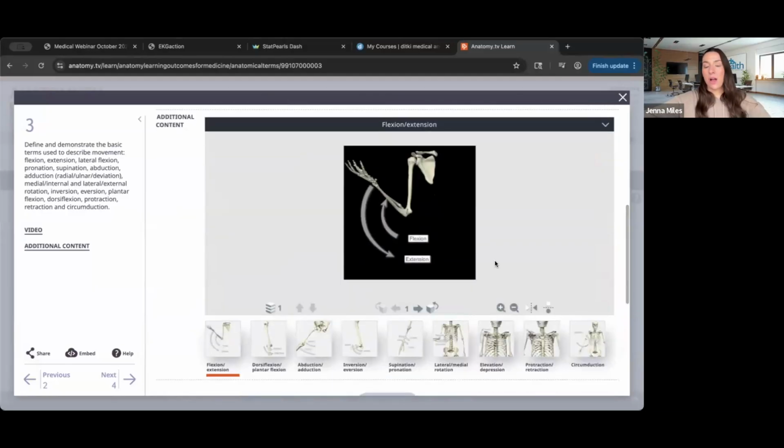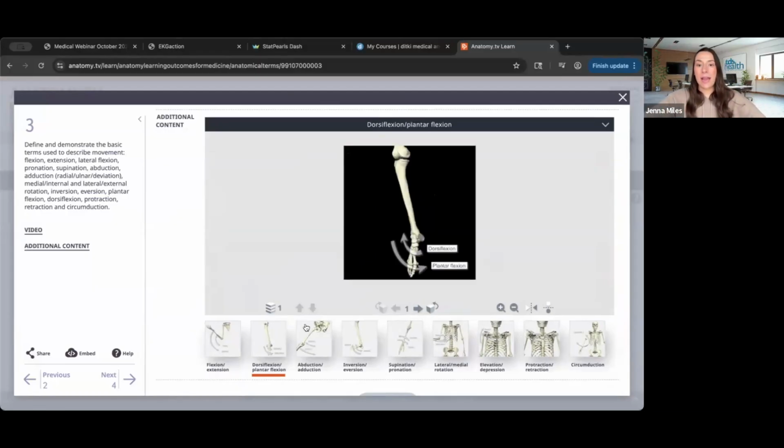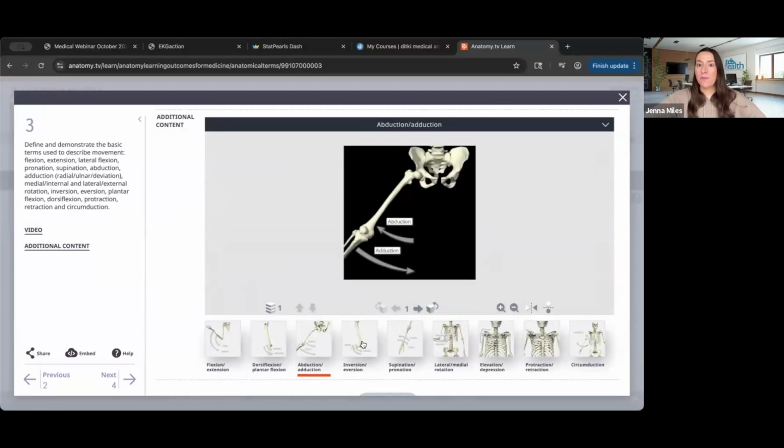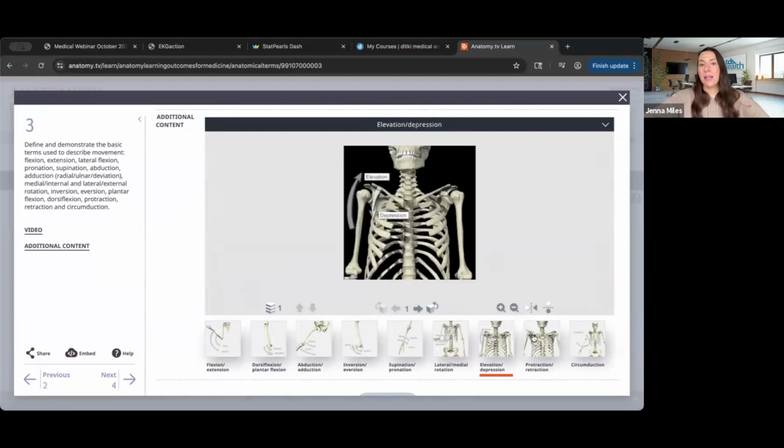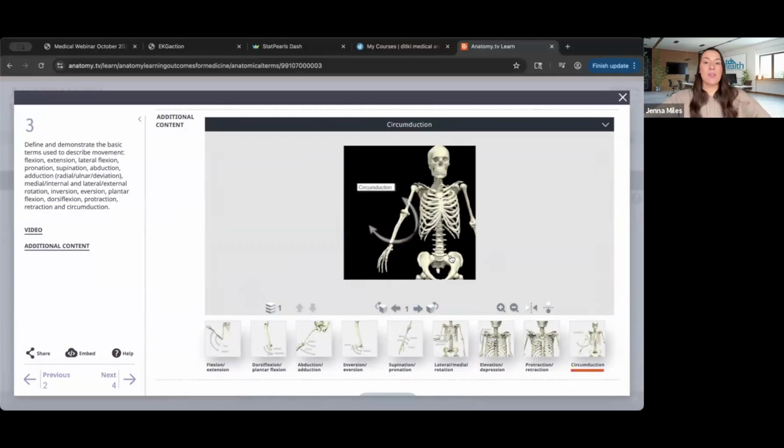And then we have additional content, whether that be another model you can interpret, a slide, an image, a CT scan. And so these are different areas that you can move through and review about that particular topic that we just covered in the learning outcome itself. And so each of these are designed to really give a reinforcing element for that lecture as a way to cover a particular topic, whether that's reinforcing in preparation for a lecture, for faculty, something that they have students do